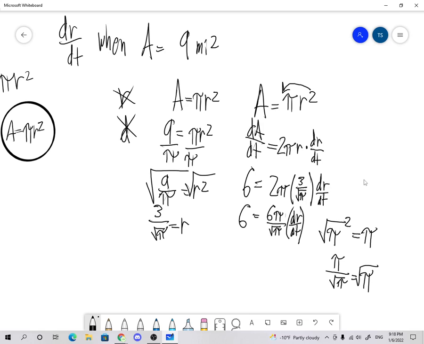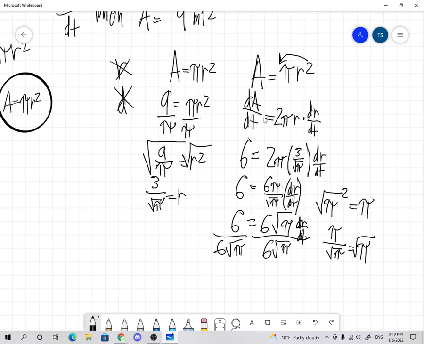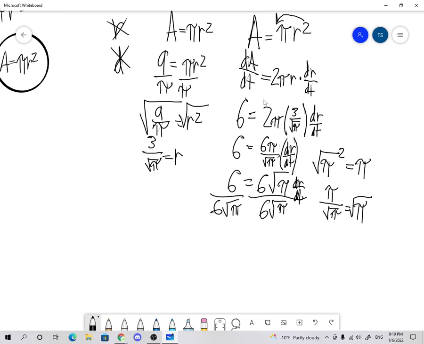Because if these two were to be multiplied, it would equal this up top. So now I have 6 is equal to 6 square root of pi dr/dt. And now I'm just going to divide by 6 square root of pi on both sides. And from there, we have found dr/dt